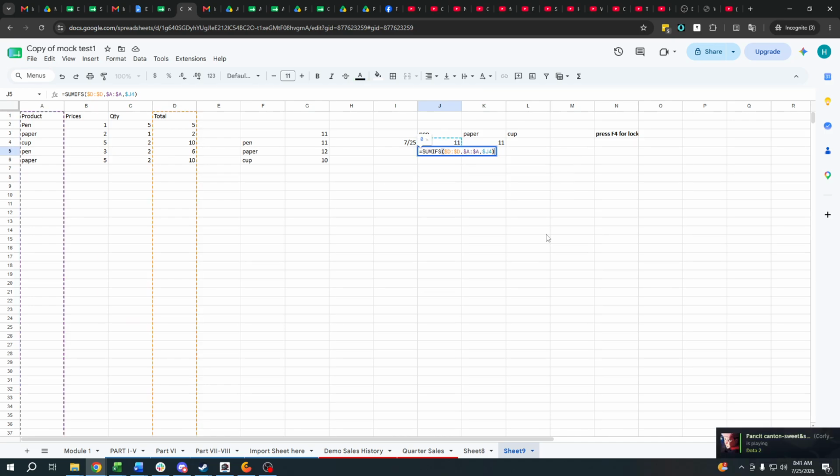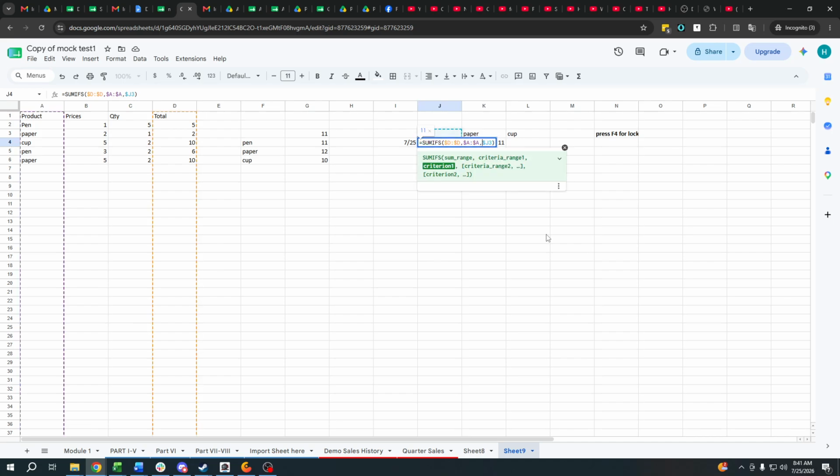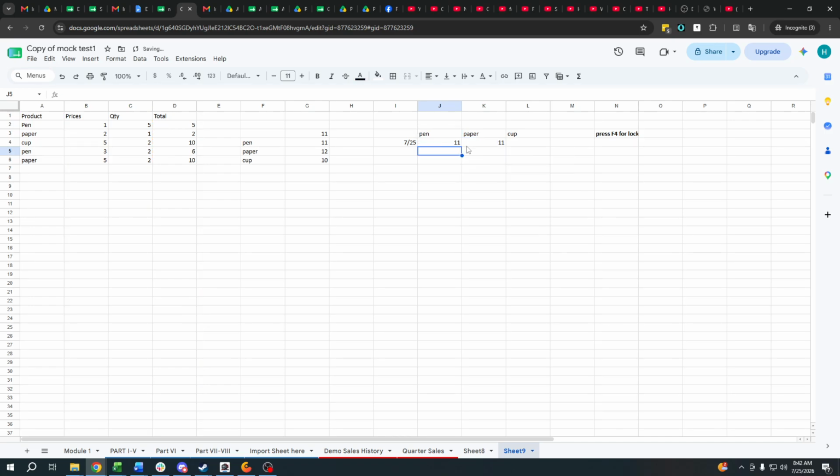That's why you have to keep being aware of where you are going to copy and where the source of that formula is. Now for this one, instead of locking J, we will just lock 3, since our keywords are already lined up in column 3. So column 3, lock 3, and it will apply here and here.